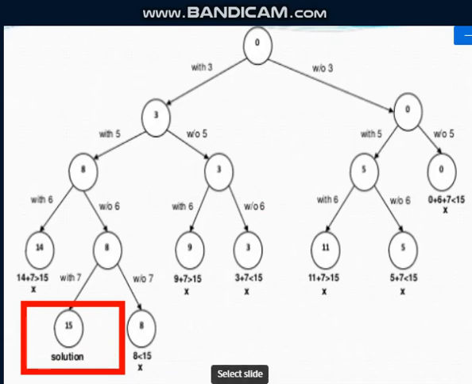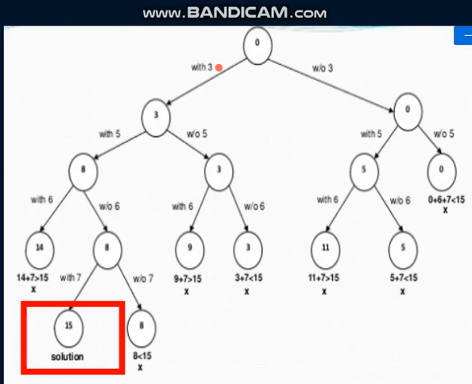So that is what backtracking is, which you are applying for finding the sum of the subset. So this is how you apply backtracking. First you consider one element, then again you consider the next element, and so on, and see whether you have found the solution or you have reached the dead end. If you have reached the dead end, again go back to the previous node, again proceed with the next one.